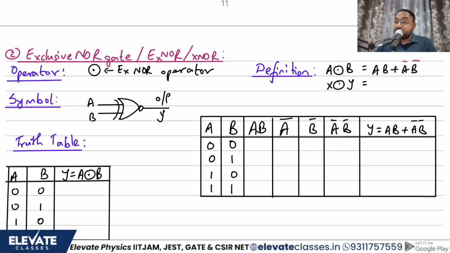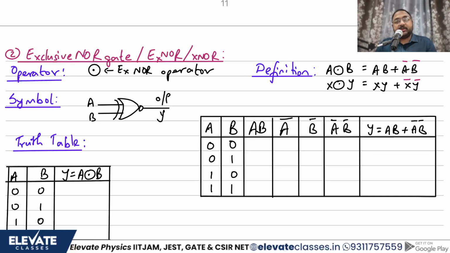As I told you, the aim is that you do this on your own. If we try for XY, we'll get XY plus XY. And where are the complements? You can put it on any product. I'll put it here for the second one. If you want, you can put it on the first one. Only on one: two separate bars on two variables in one of the product terms. Is there a difference in the symbol? Yes, there is. As usual, when an OR becomes a NOR, the only change will be a bubble at the end. So there will be a bubble, which is the change from the previous symbol.